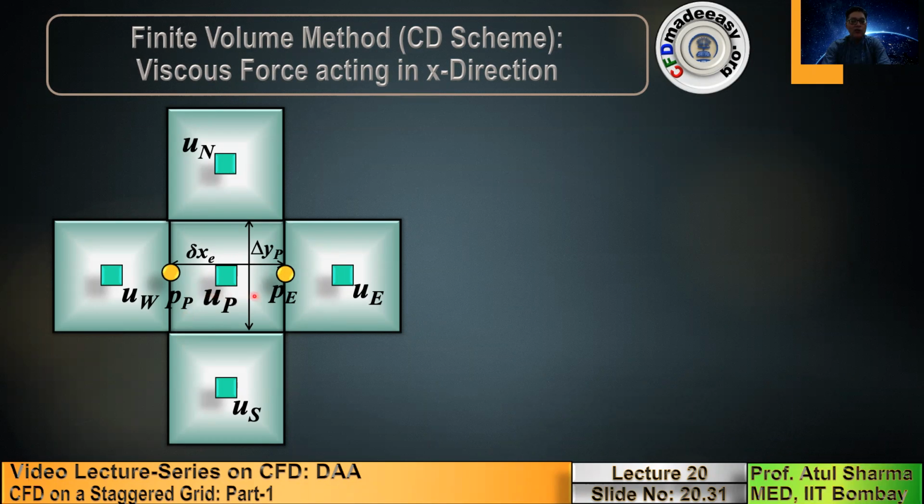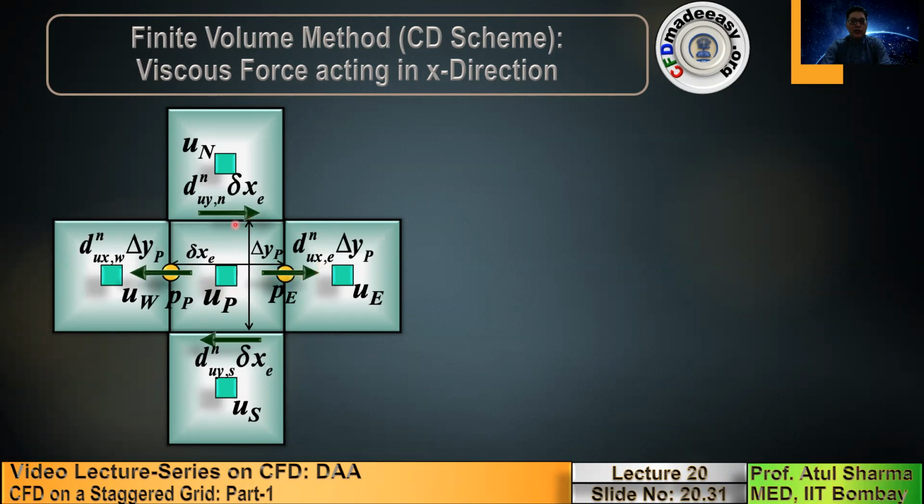Now in the green control volume, this is the yellow circle P and this is the yellow circle E, and the way we define the geometrical parameter for a non-uniform Cartesian coordinate, the distance between the yellow circle P and E, we denote it as delta xc. So the horizontal width of this green control volume is delta xc, and vertical width is same as that of the yellow control volume, that is delta y. Now this is used a general symbol small d with a subscript u for x momentum conservation. Du represents the viscous stresses in the x direction,